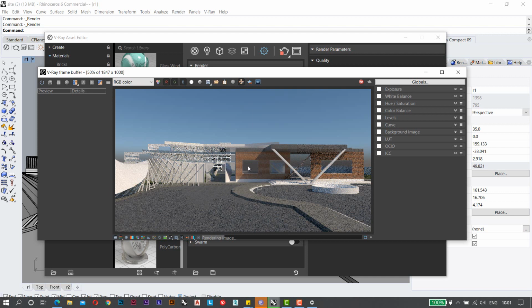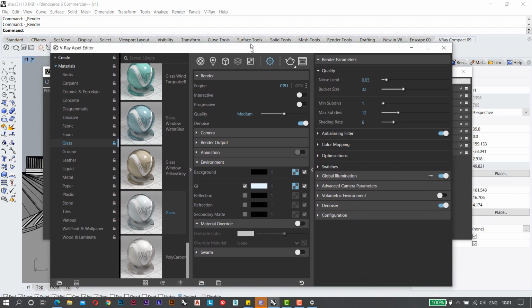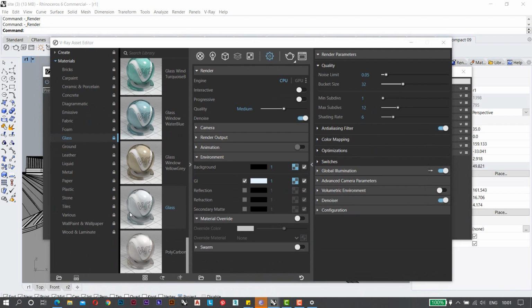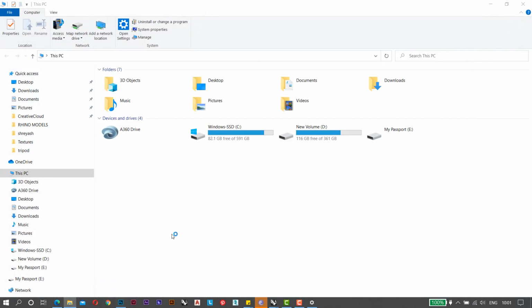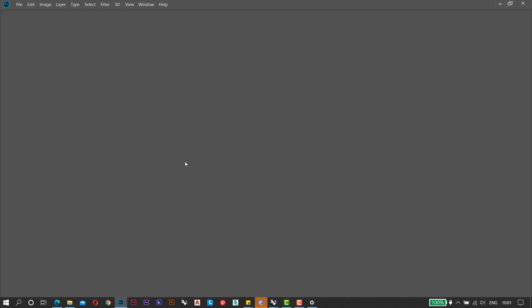Now the next step is that we probably need a little sky background, in a different kind of form or with a more attractive texture. So we need to add our dome light. First I will tell you the file that we are going to use in the dome light. It's an HDRI image, and you can download more HDRI images from the net.